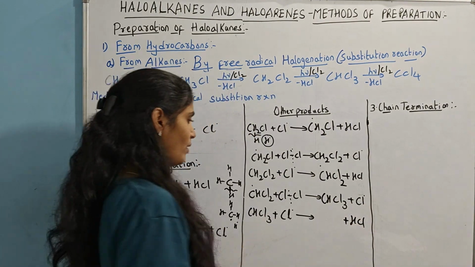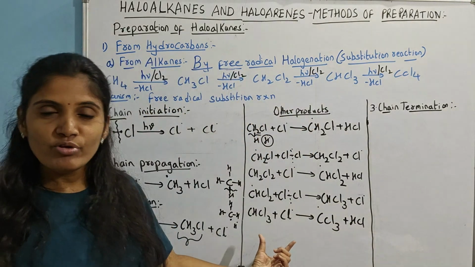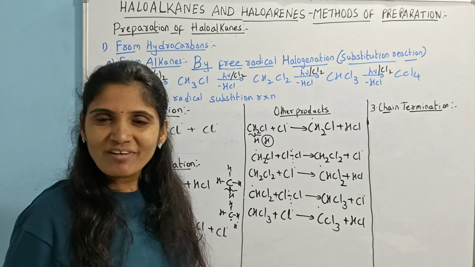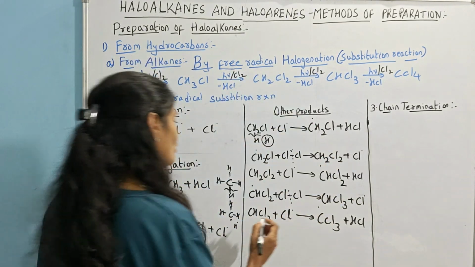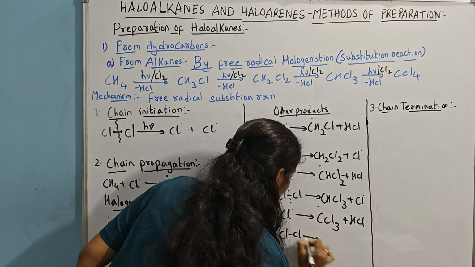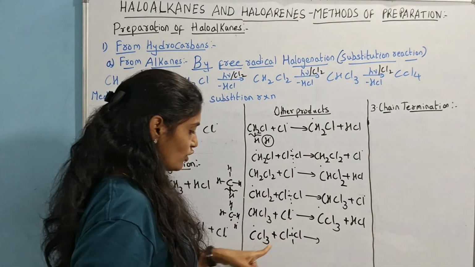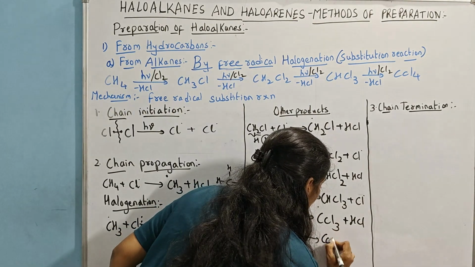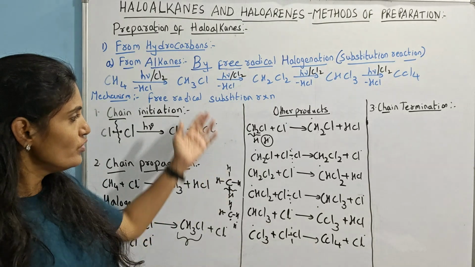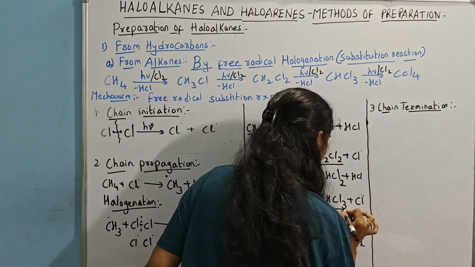So what is the remaining part here? You will get a CCl3 free radical. Now will this CCl3 radical keep quiet? No, it will search again for a chlorine molecule. Now CCl3 free radical plus chlorine molecule. Again you know the story. This will become Cl dot and this will become Cl dot. This Cl dot will go and react with this and will give CCl4 plus Cl dot. So this is how your chain propagation takes place, and you got your dichloromethane, trichloromethane